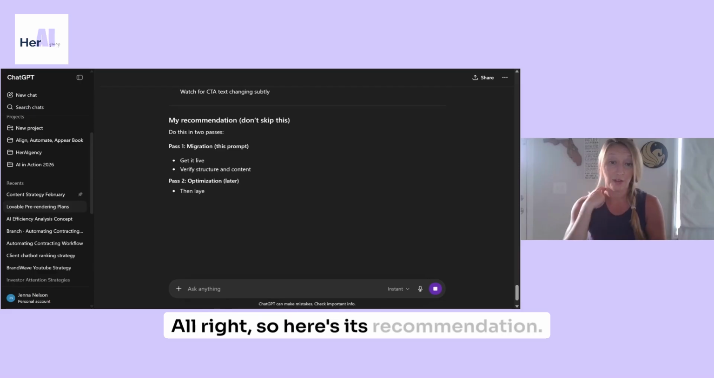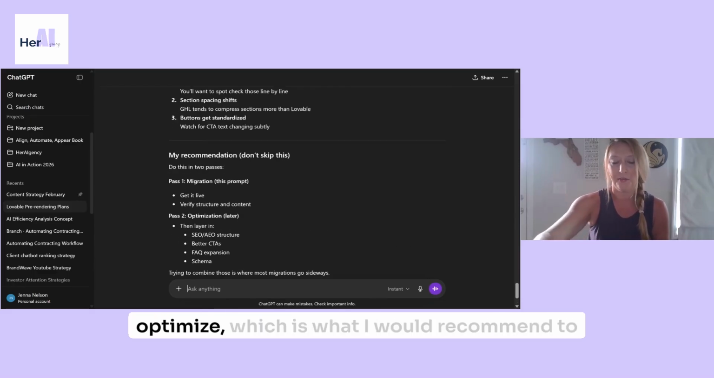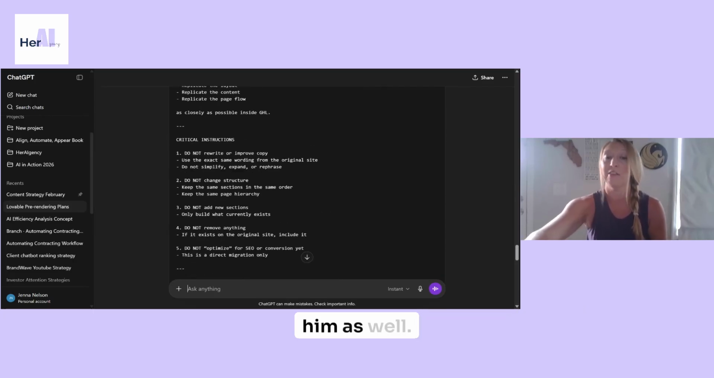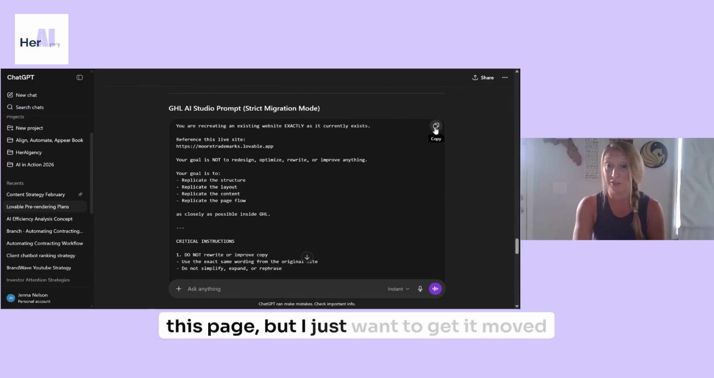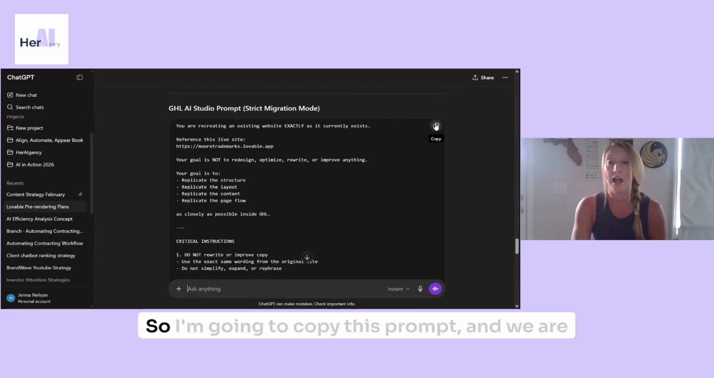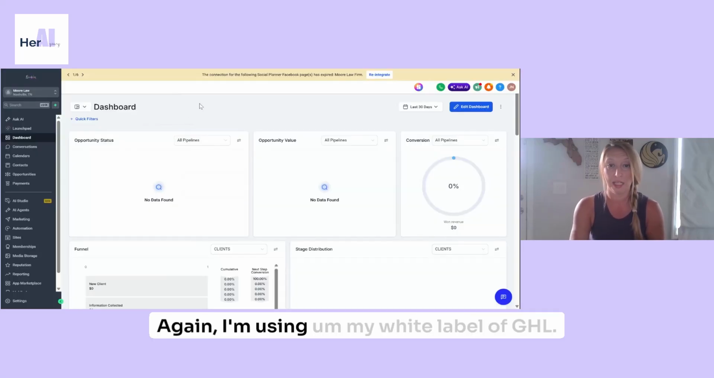All right, so here's its recommendation: migrate, get it live, and then go back and optimize, which is what I would recommend to him as well. There are certainly things we can improve on this page, but I just want to get it moved over to start. So I'm going to copy this prompt, and we are going to go over into, again, I'm using my